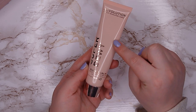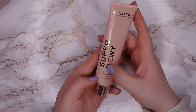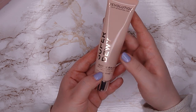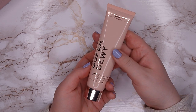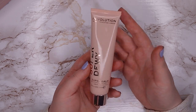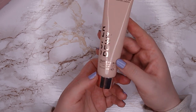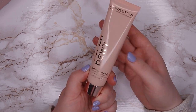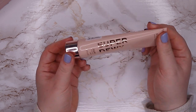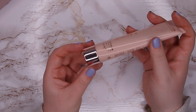And this product here would have been the number 1, because it's called the Super Dewy Super Balm Multi-Purpose Balm. And it says that you can use it as a primer, as a highlighter, all over your face, all over your body, on your lips, so you can do whatever you want with it. But what this actually is, or at least it feels like to me, is a ginormous tube of clear lip gloss